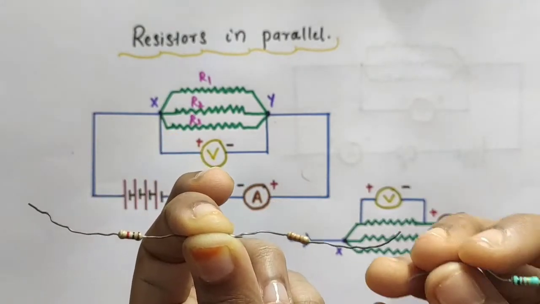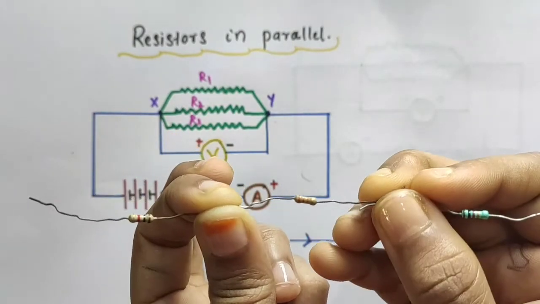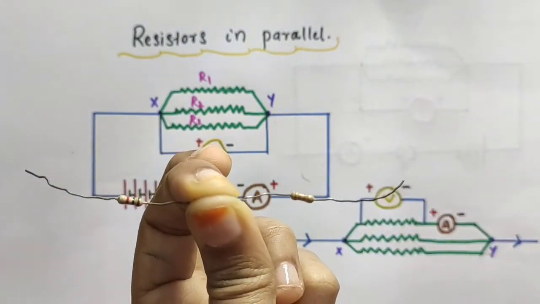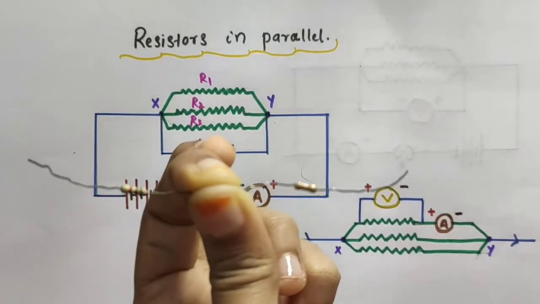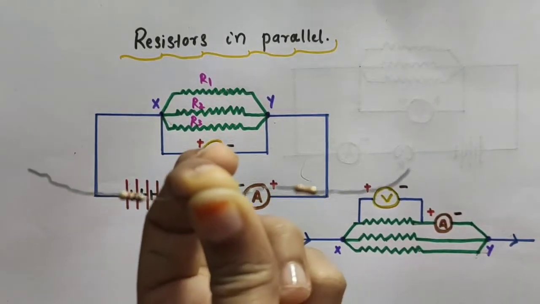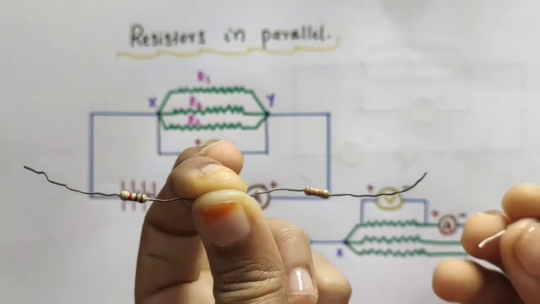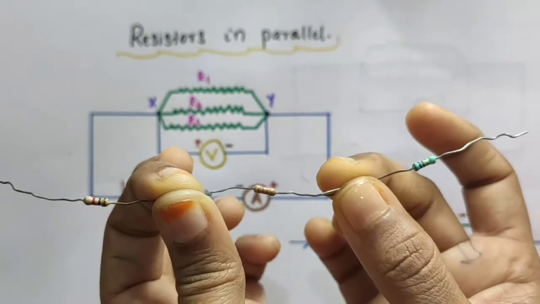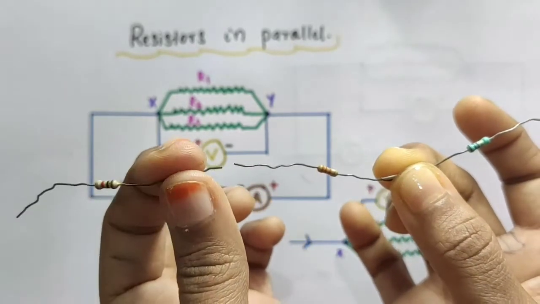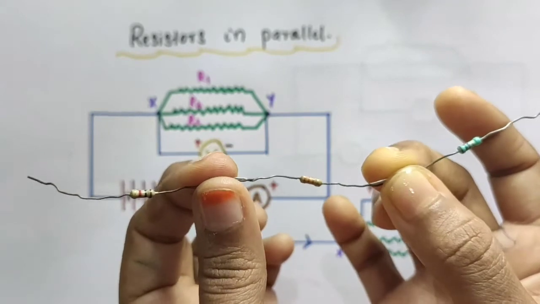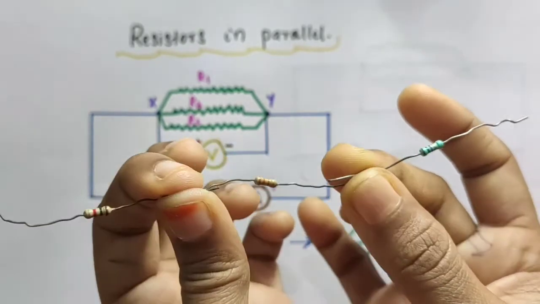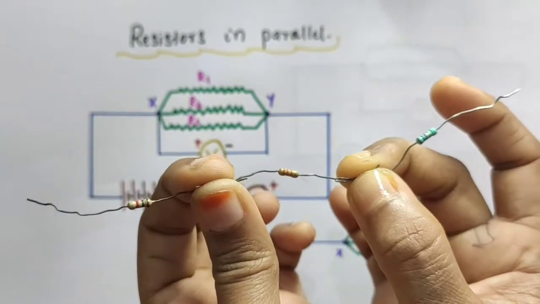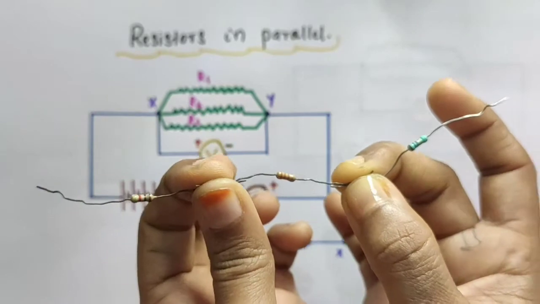While we discussed the series combination of resistors, we said series combination of resistors is actually the end-to-end connection. So here you can see, I hope you can see this clearly. Here I have three resistors with me having different resistance values, and they are connected like this. That is end-to-end connection. One end of this resistor is connected to one of the two terminals of the second resistor. The other end is connected to one of the two terminals of this resistor. So end-to-end connection is here, and this is actually the series combination of resistors.